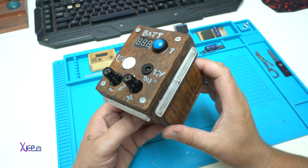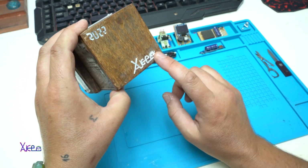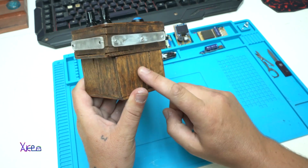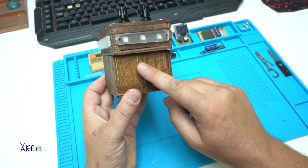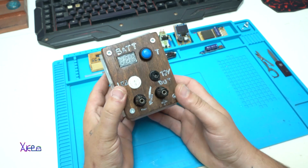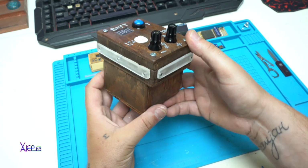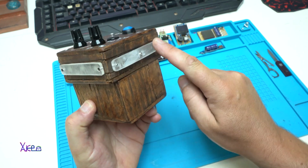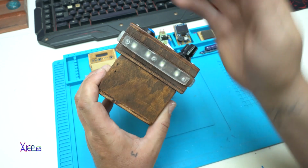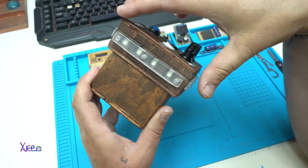Here it is, the final result. This is my logo. I made it in 2022. There are 2 boxes, 1, 2. Here is placed, as I said, the battery pack. Here it is, the electronics. It's simple, but it looks complicated. I have put LEDs from 4 sides, 360 degrees. I have used a transparent plastic piece